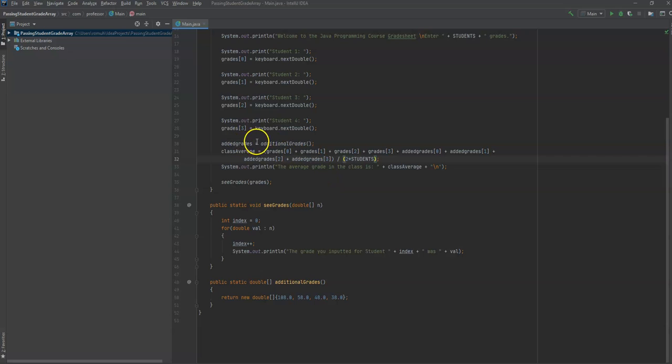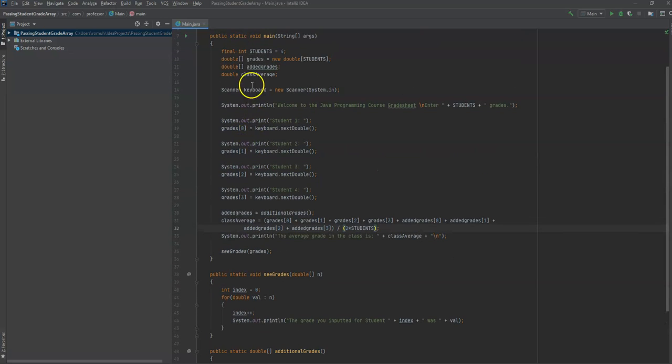So just to review, we set an outside method that returns a predefined array to the main method. The name of the method is additional grades. You set that equal to the array that we declared here but didn't define, and it creates the object added grades. It fills in what the object added grades means in the main method, and then we access the individual elements of the added grades